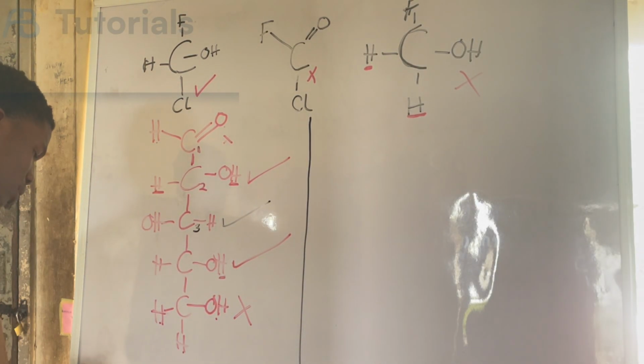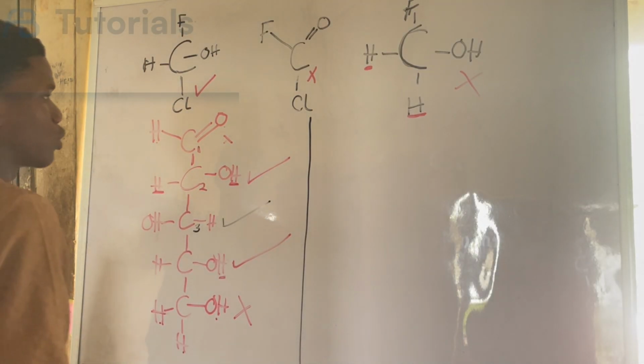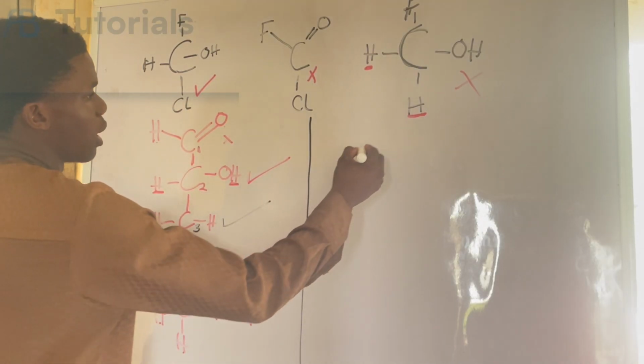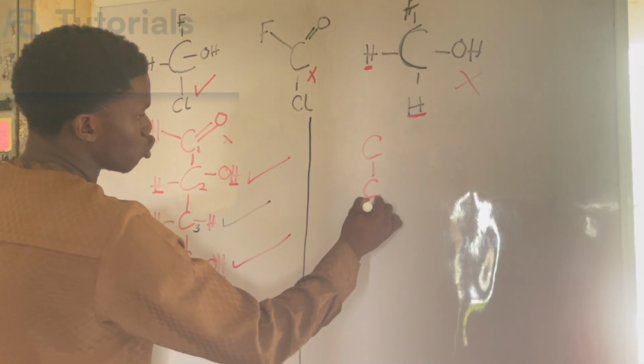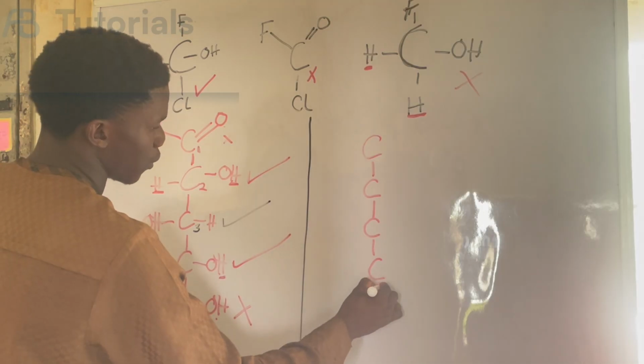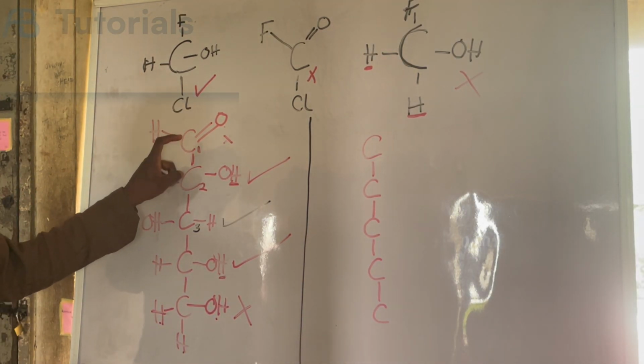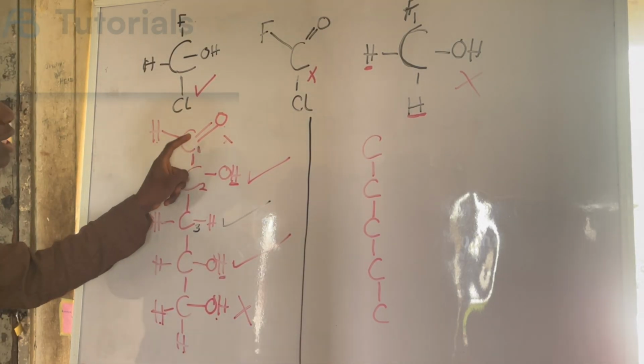So don't forget we said chiral carbons do form mirror images. So we have how many carbons there? 1, 2, 3, 4, 5. Okay, but do you think this guy is going to flip here? No, this one is not going to flip, because number 1, this one is not a